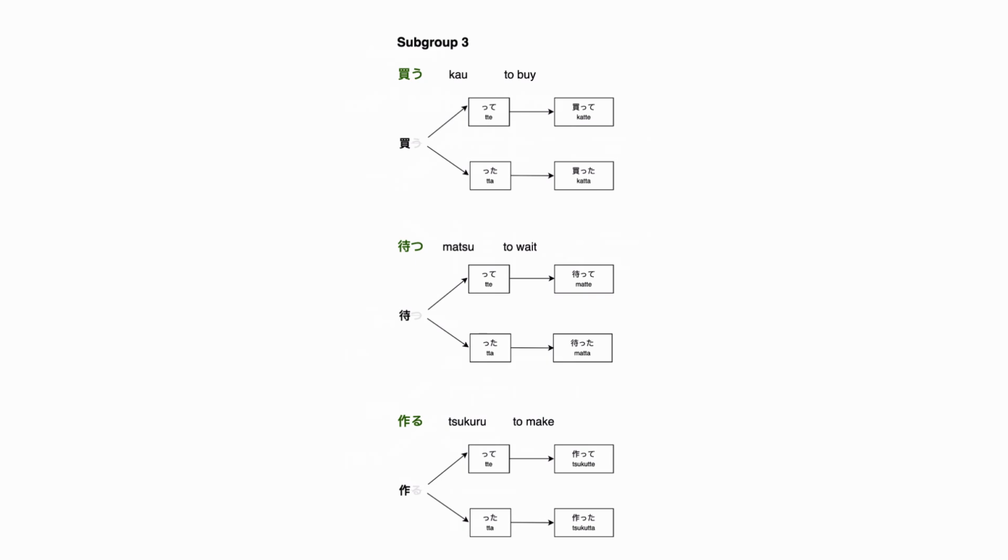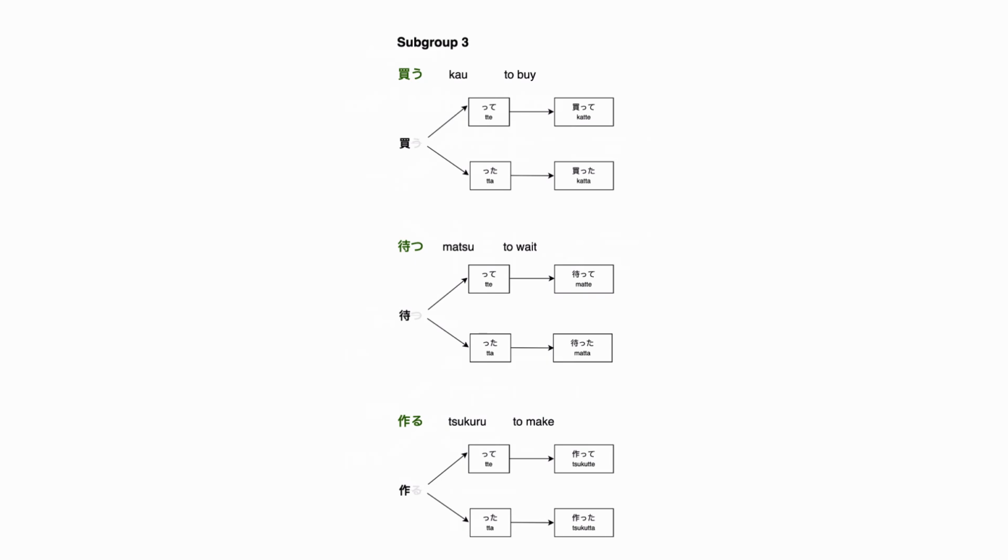The verbs in subgroup 3 end in う, つ or る. For example, 買う, 待つ, and 作る. For these verbs, you remove the う, つ or る ending and add て for the te form and た for the ta form. So, 買う becomes 買って for te form and 買った for ta form. 待つ becomes 待って